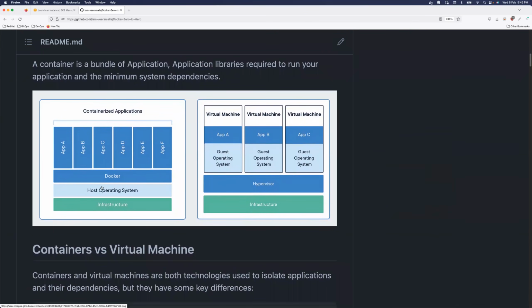That means on a specific virtual machine itself, you can create multiple containers, and if the containers are not running, they don't use resources from the kernel. What is a kernel? Kernel is part of your host operating system. Let's say you buy a physical infrastructure or you create an EC2 instance on AWS. It basically has an operating system that has a kernel. So the kernel is the heart of your operating system. Now you install Docker on top of it, and whenever Docker creates containers, it says, okay, container, you can use all the required resources from the kernel, but the base image of the container, or the container itself, can have only minimum system dependencies.